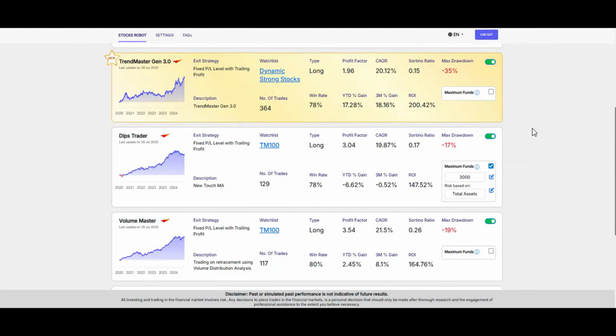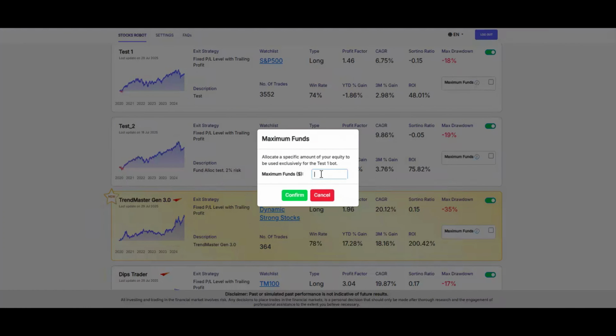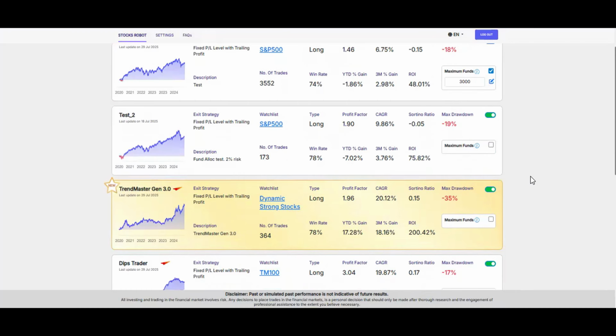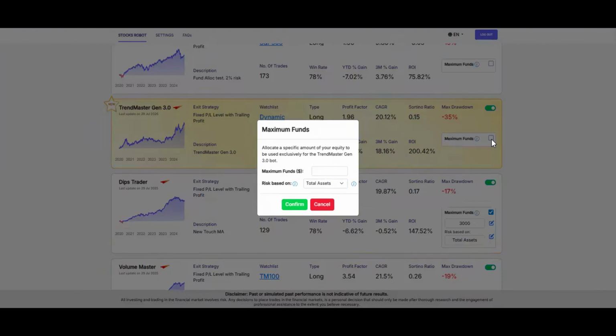If the robot is set to fixed trade size, you just need to enter the maximum funds this robot can take. For example, if I set $3,000, that means the maximum amount of funds calculated at trade price will be capped at $3,000. If the robot is set to risk per trade, in addition to specifying the maximum amount of